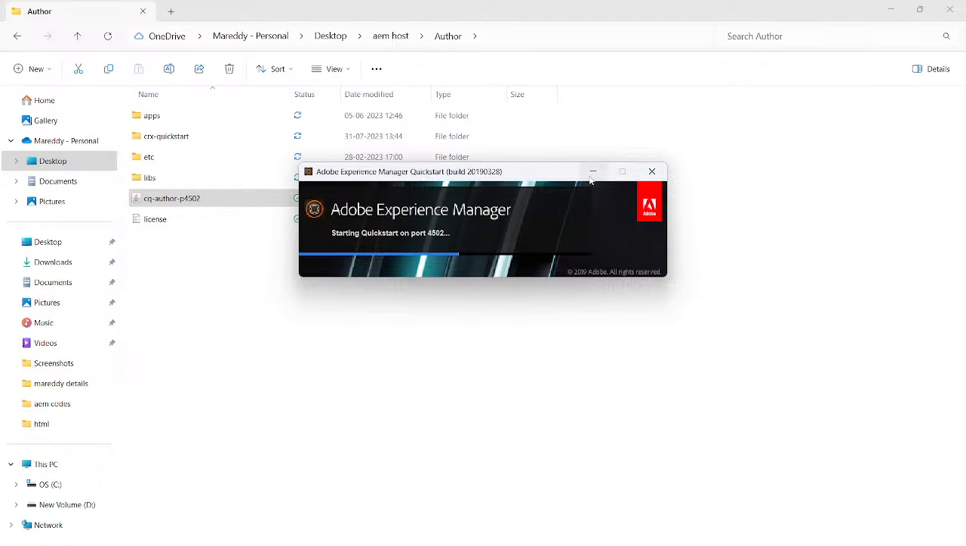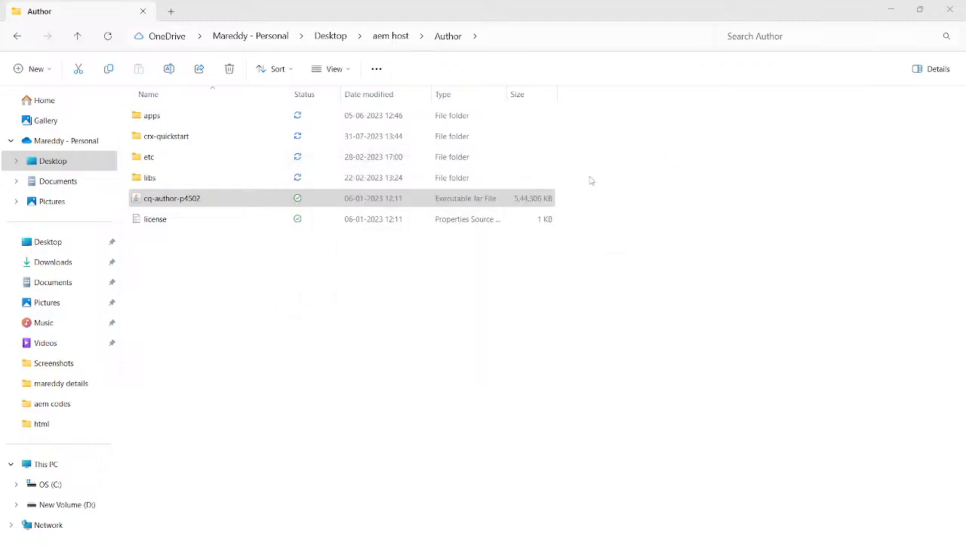Before opening this Adobe Experience Manager author instance, I want to tell you that for opening this jar file you just need Java. I am using the 11.0.18 JDK. Right now, for opening the jar file, you need to download a Java version. It should be the 11 JDK; any version of 11 is okay. After that you can try to open this instance,